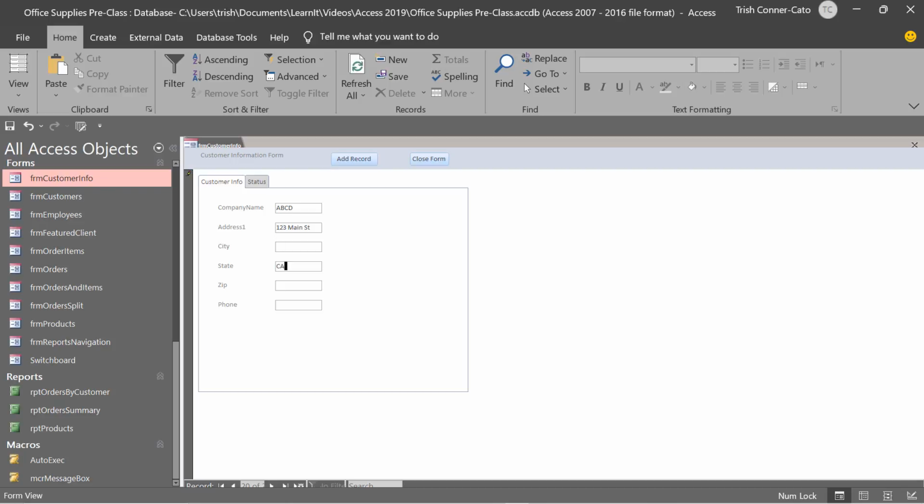We're going to put in California as our state. Zip code we'll use 93854. We don't need a phone number. We're not asking for one, but we'll put one in anyway. So we'll just put in 555, that's our area code, and then 555-4321. And now when we press tab,